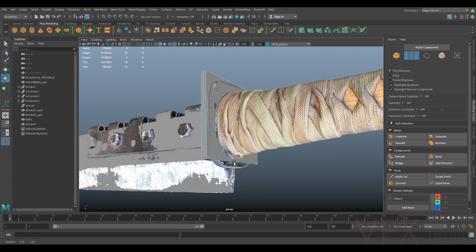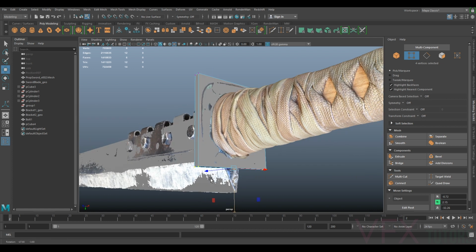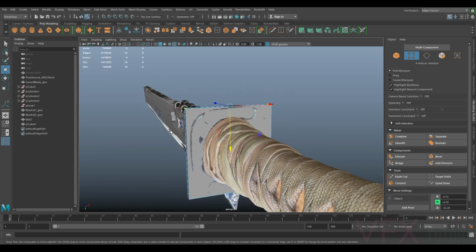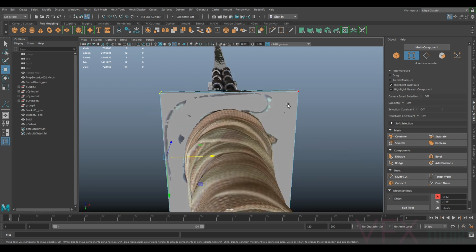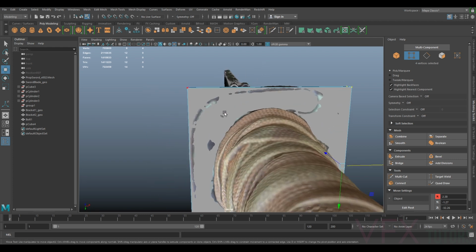Cool. So let's just select these edges, pull that down. Let's just match some of this. Cool. So obviously now we've just got a big square. We need to make these rounded edges. So what we can do, we could either,